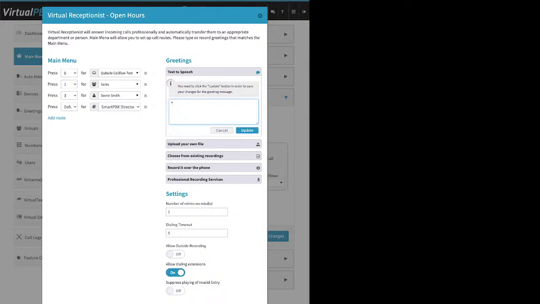This is great for if you're just getting started, whether with us in general or just in general, right? You're a startup business. You're not fully sure yet how calls are going to route. The downside of this is that it doesn't allow you to name the file. It names it for you. So in this case, it's going to call it main open hours menu TTS. Right, so if I type in something,